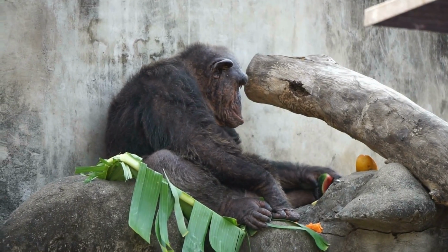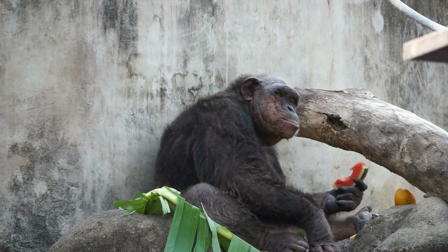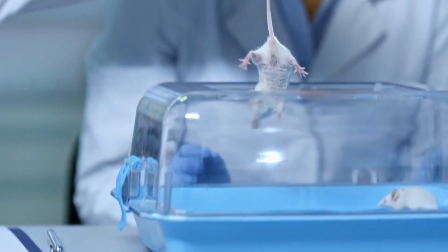In the past, experiments like this were done on chimpanzees, and there was a lot of controversy over this as there was much speculation in regards to the ethics of this experiment. So the researchers opted for mice to be safe. Honestly, you would think that there would be controversy over all animals, but anyways,